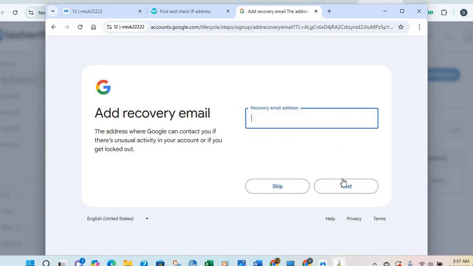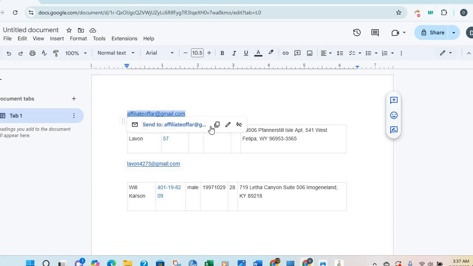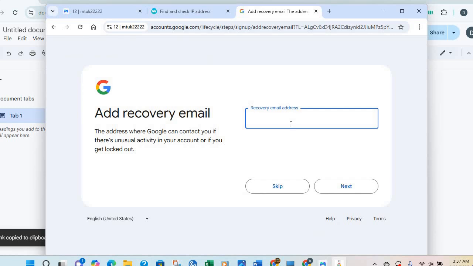There are other platforms you can use, but I use text verify. Now you need to have a recovery email. For me, let me just use our own email address for recovery email. This is an email that you need to have access to in case you need to retrieve this mail. So click on next,